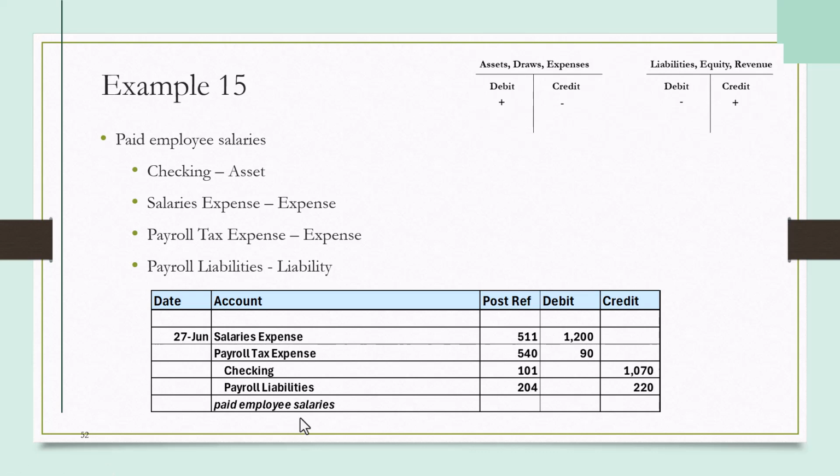This was the last example I had for today. What I'm going to do in the next lesson is I'm going to show you how to post all of these debits and credits to the ledger. So be sure to watch for that